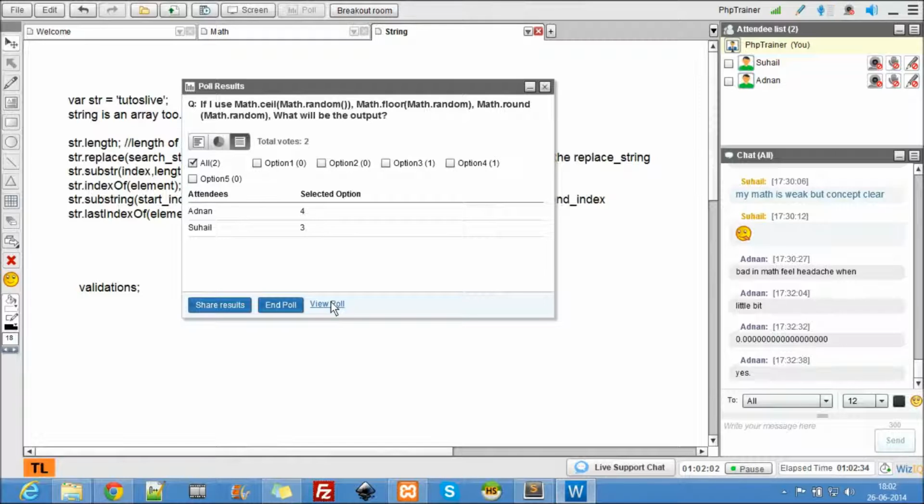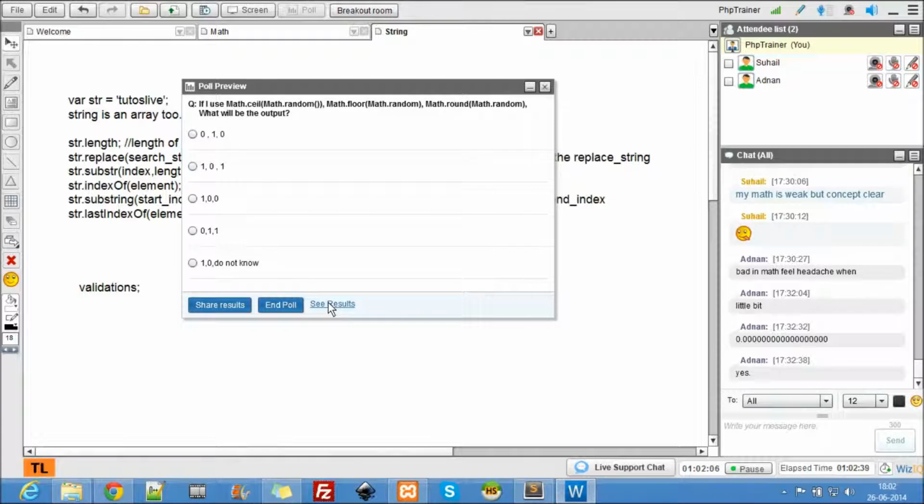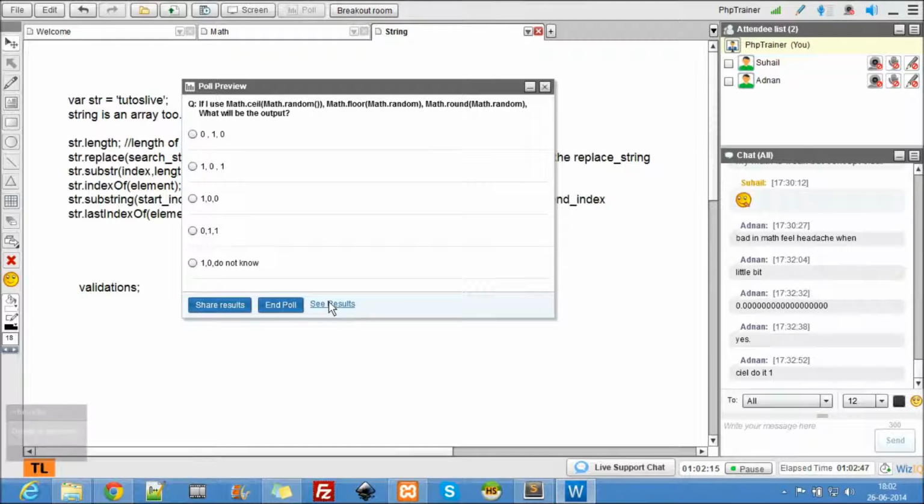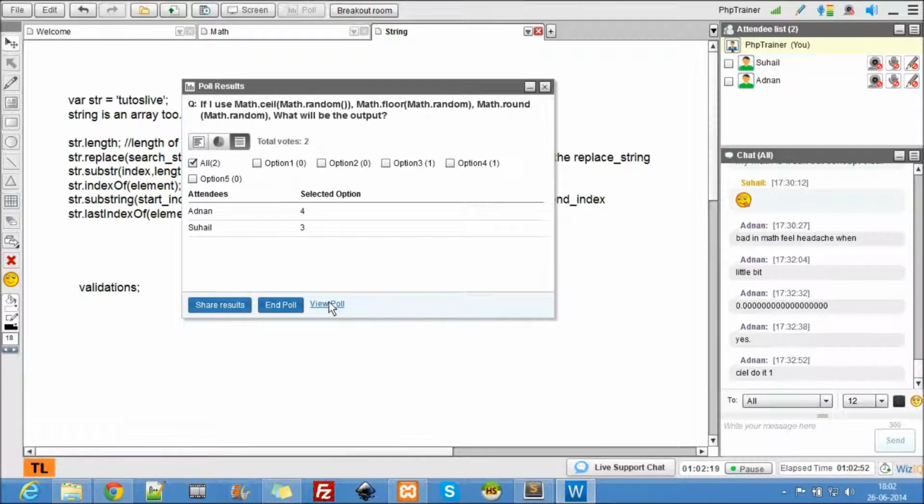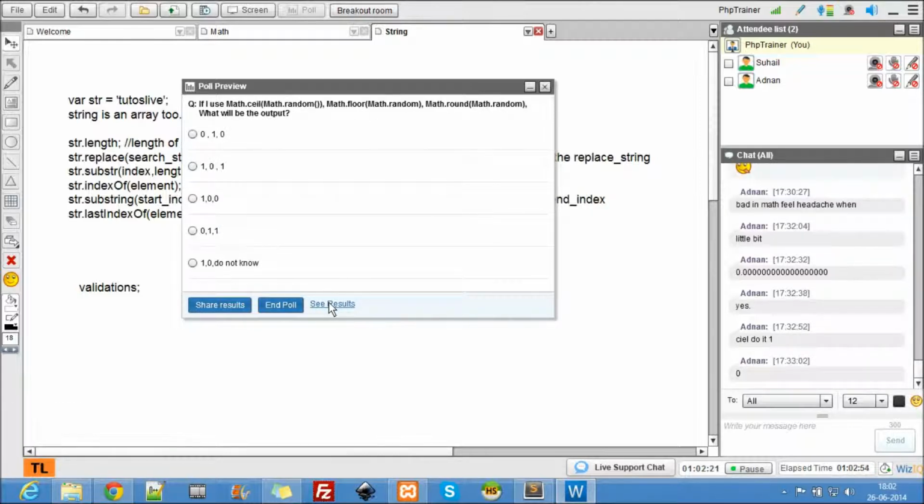So now ceil, what does ceil give? Ceil will give the next number, right? What is the next number after 0? It gives 1. Now floor will take it to 0. So 1 comma 0 is right, and that is in options 2, 3 and 5.